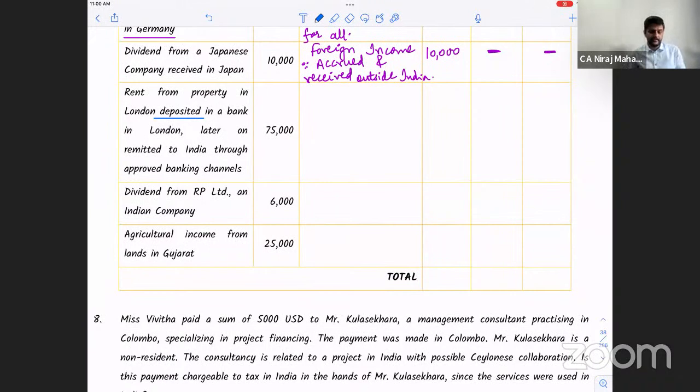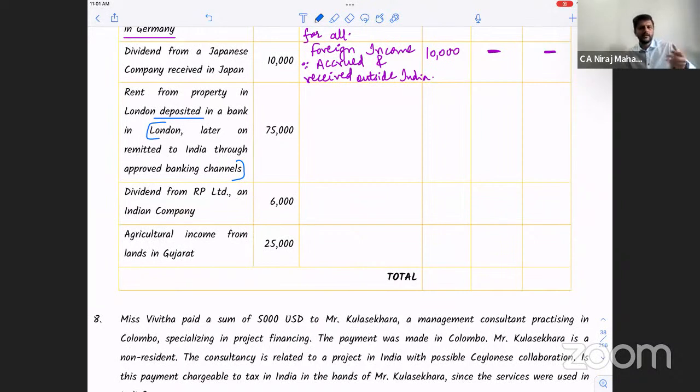So basically, when you transfer from London to India to yourself, is it your Indian income? It is not an income, in fact. Try to understand: once it is generated, whatever you do with it, you transfer to yourself, after that it is not income. It is not in the nature of income. It is already there. So income is at the source. After that, if you transfer it to some other bank account of your own, it is not an income.